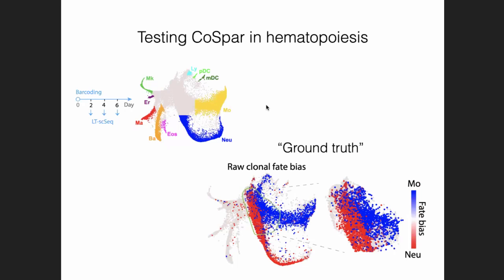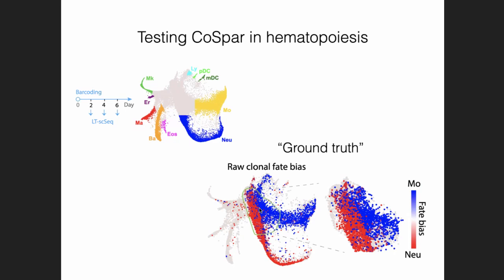So now let's go back and look at some real data, right? Because simulations are easy. And we're going to go back again to this hematopoietic data set. This original data set has 130,000 cells. It's got about 50,000 cells which are clonally barcoded. And if we, again, just focus on the two single most well-covered lineages, this is neutrophils versus monocytes, this is